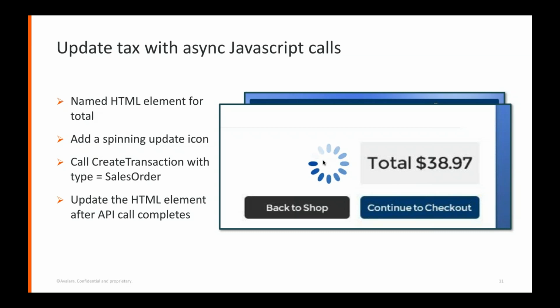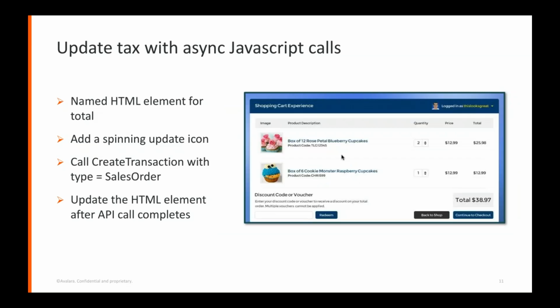You give the customer their results, and they see here's my total, and that total is just calculated without the sales tax. Display the spinning progress indicator, which will just tell them this update is happening. The customer at that point can go back and edit the quantity amounts, they can remove line items, and every time that happens, you cancel the current stub call and you start another one, right?